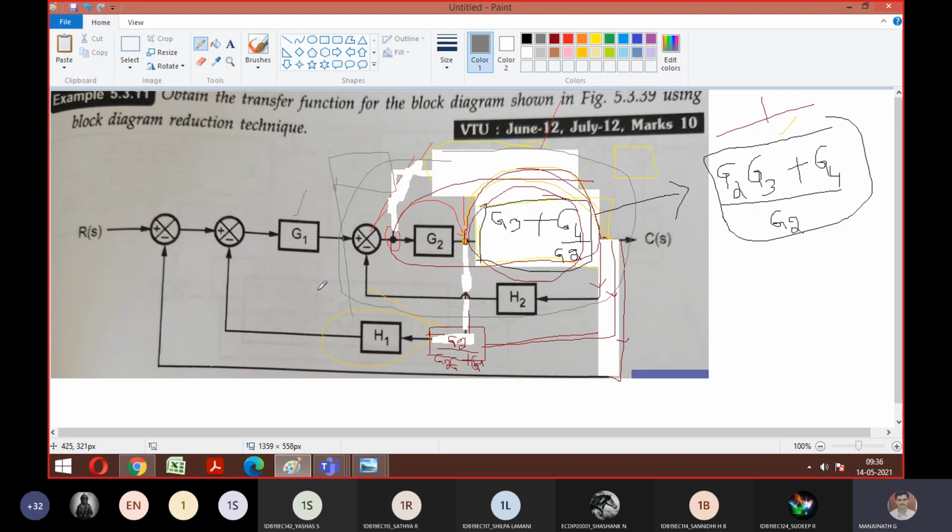See, sir, if you go step by step, you can get the answer clearly. So I hope now you can finish up this problem. Finish up this after this step, what I taught you. After moving the takeoff point, I got this answer. Then take this G2 and this combination as 1. Then take the feedback of that, eliminate it. That block and this G1 are going to be cascade again. Again, that answer is in elimination, reduction technique, and last feedback path. So check out what answer you're going to get.